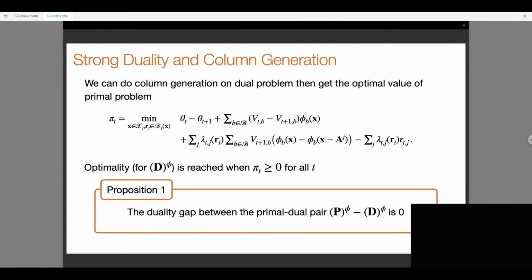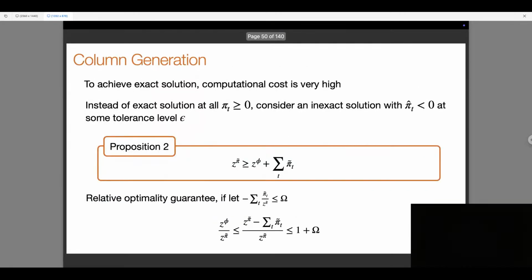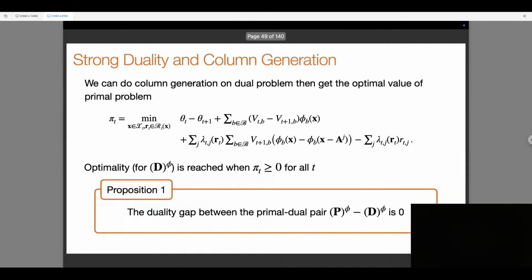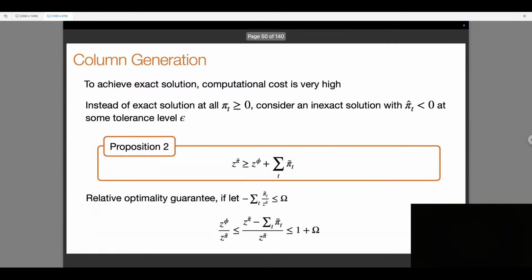we have the duality gap between the primal and dual pair is zero. That is, our problem ensures strong duality. So once we find the optimality for the two problems, we can already find which is equal to the optimal result for the primal problem. And we can say if we're trying to